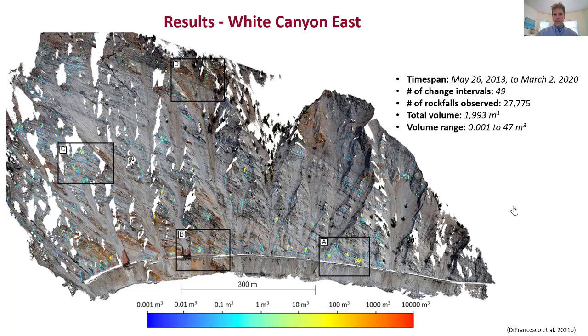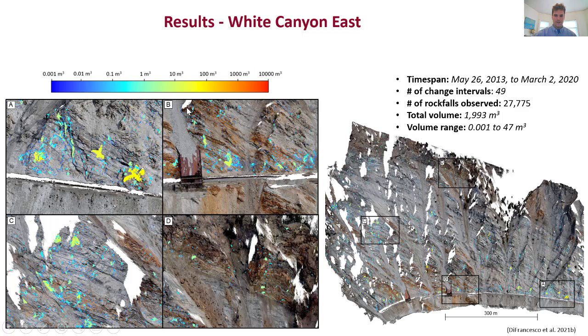For the results for White Canyon East, we monitored from May 26, 2013 to March 2nd of 2020 for 49 change detection intervals. We observed over 27,000 rockfall events for a total volume of almost 2,000 cubic meters, ranging from 0.001 to 47 cubic meters. And again, we colorize our data the same way, and we have 4 subsections again, which we'll look at in the next slide, where you can see all the detail that we're able to